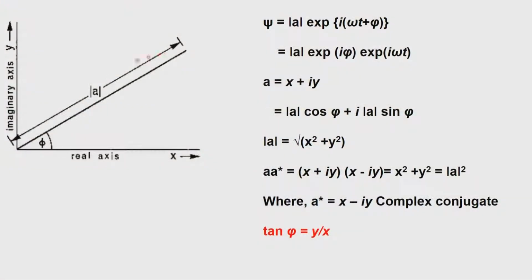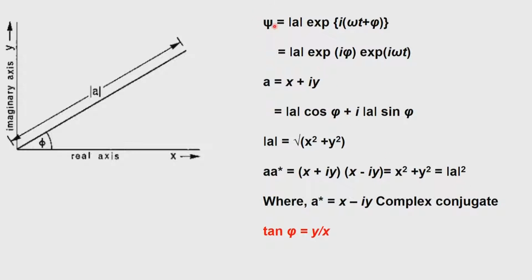The magnitude of the amplitude is given by the expression equal to the square root of x square plus y square, and the intensity can therefore be expressed as a multiplication of the real and the complex conjugate parts, A star, giving us the modulus of A squared, with A defined as x plus iy and A star defined as x minus iy. This is now telling us that we can get to the intensities from any scattering.